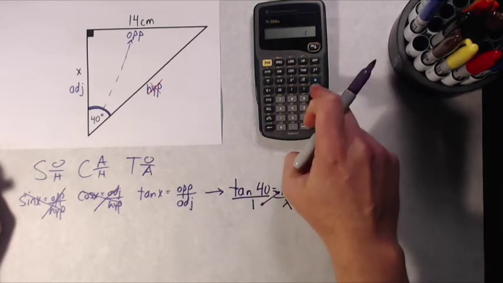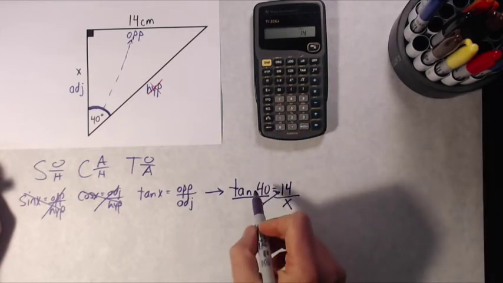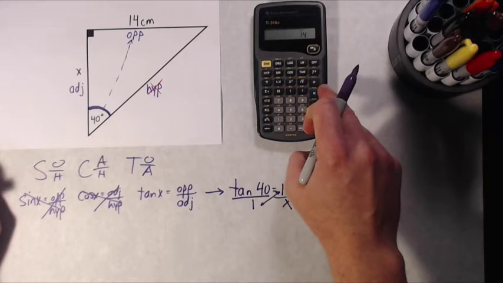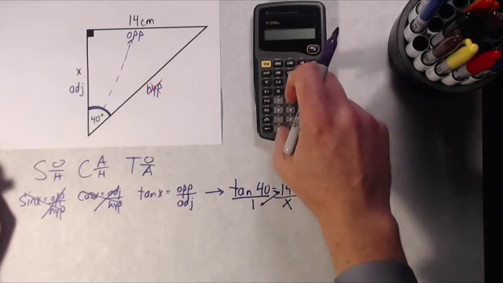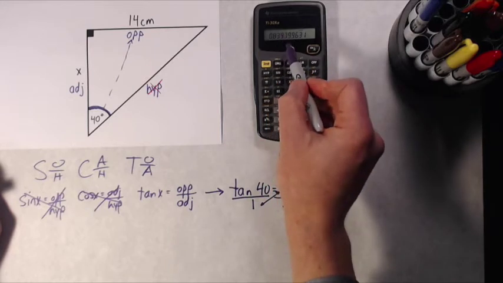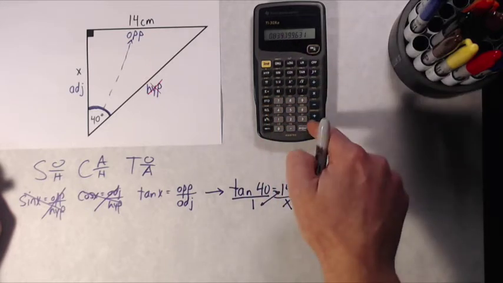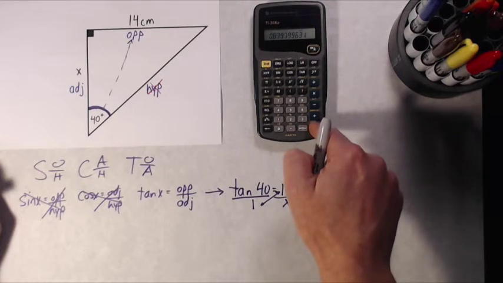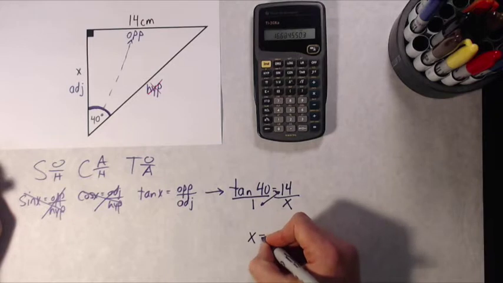So here I do 1 times 14. That's obvious. I'm going to get 14. Divided by tan 40. On my calculator, I'm going to hit the divided by button, press 40, and then tan. Now be careful, that's not my answer. That's actually the tangent of 40 degrees. So to get an answer for that, 14 divided by the tangent of 40, I've got to press equals. And my answer here for x is